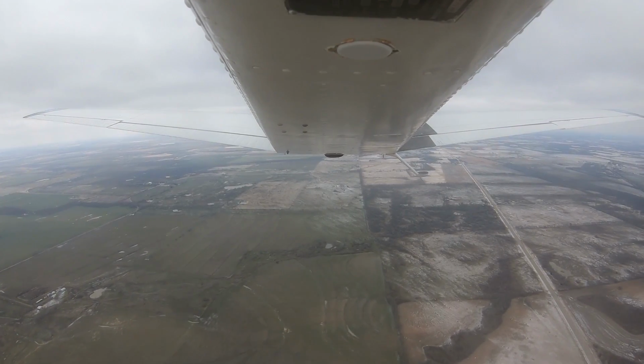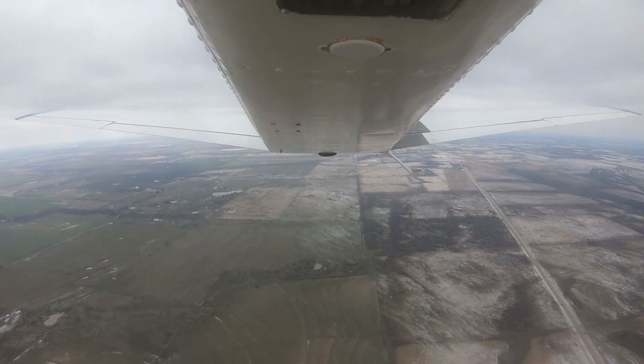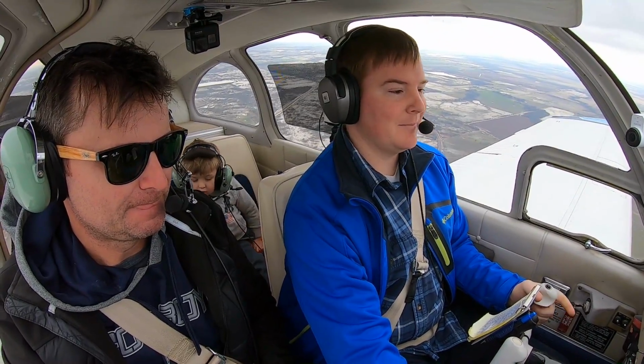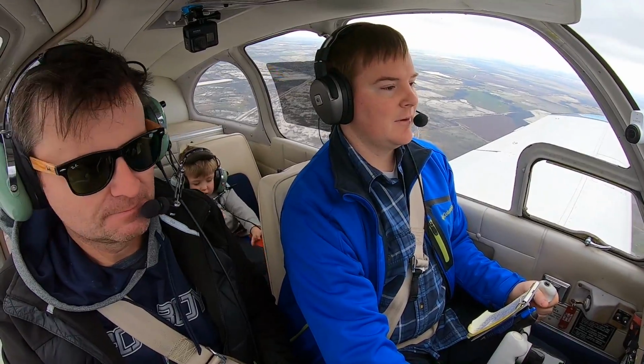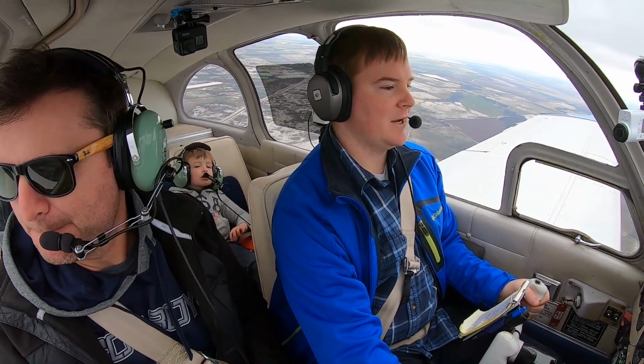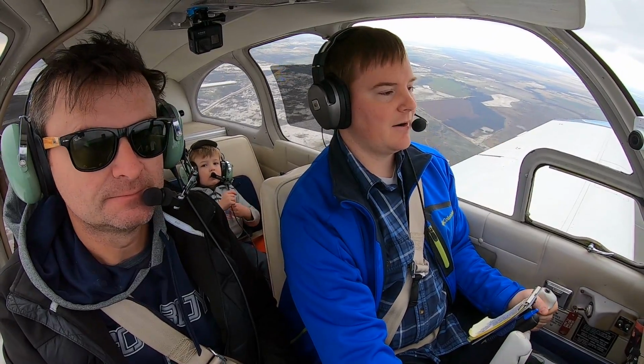We'll simulate that, or we'll actually do it, I guess, by pulling the power back and raising the nose. And like a bicycle going uphill, the airplane slows down. It increases your angle of attack to the point where